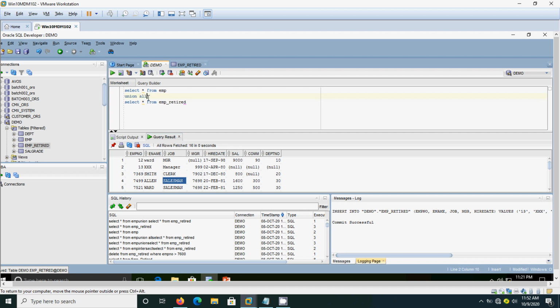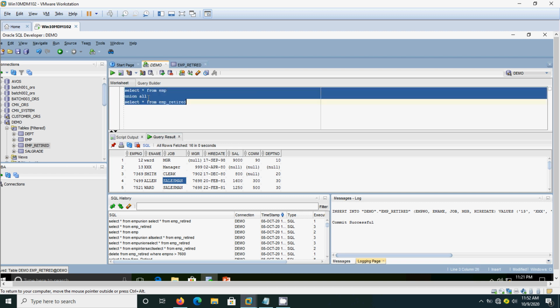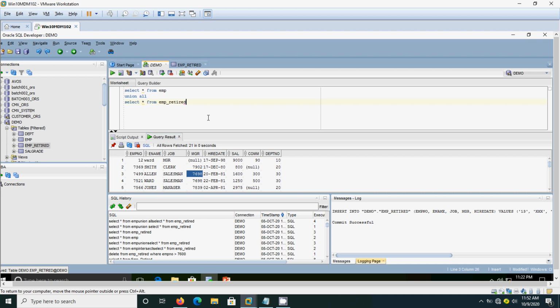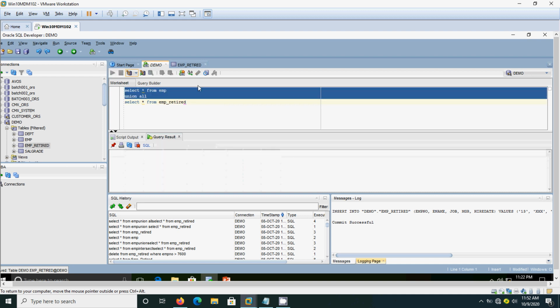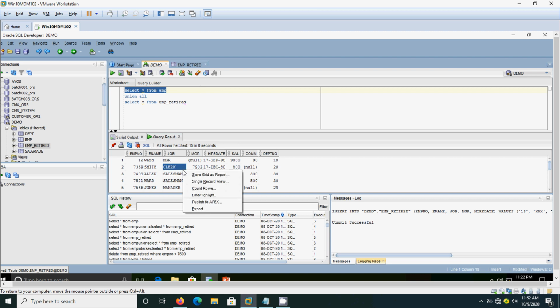If we use union all, just to see what is happening, we put union all, it will show the entire result. That means 24 rows it will show. In the employee retired table around 6, in the employee table around 15.